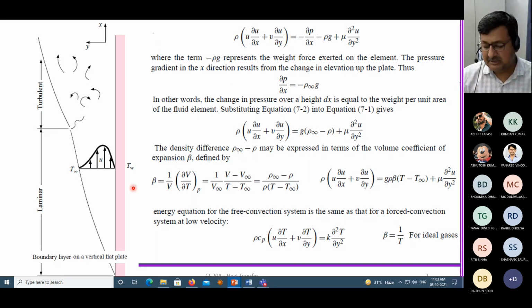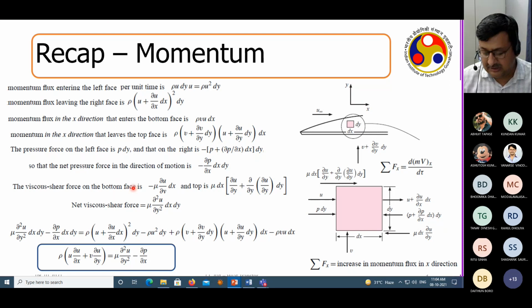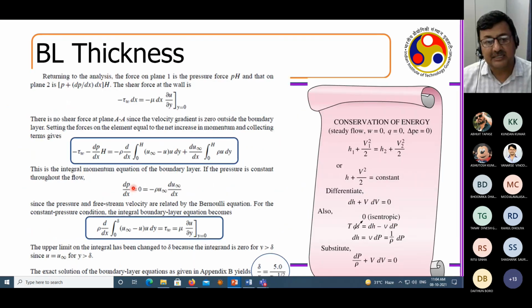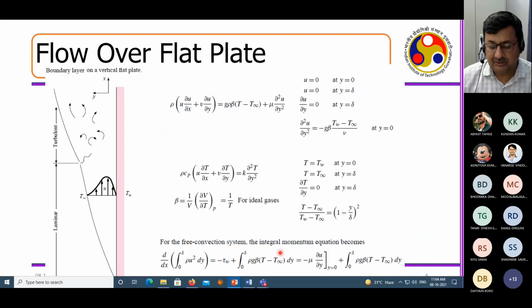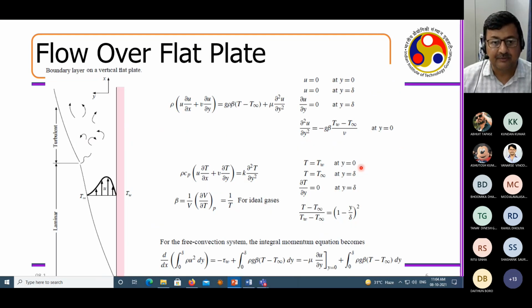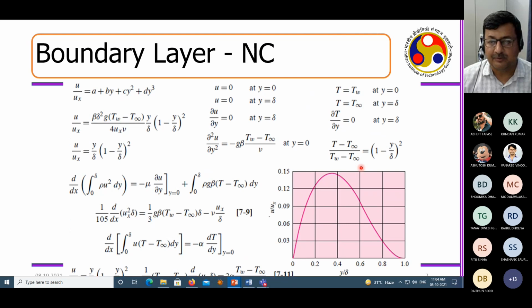So if we incorporate these adjustments in the boundary conditions in the governing equations, with the same set of boundary layer equations, with a little bit of jugglery of the equation where the inertia is replaced by the buoyancy force, it actually helps me in getting the velocity profile. This is the equation for the velocity profile, whereas this is my temperature profile, and the temperature profile will look like this. These are all parabolic profiles, correct?